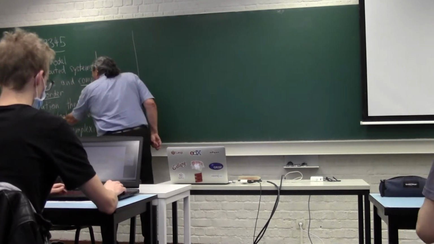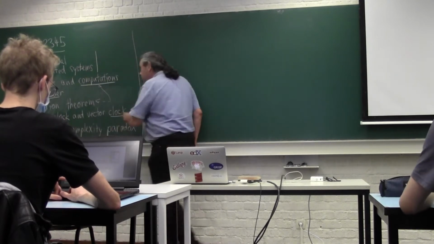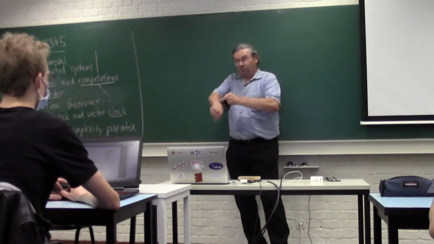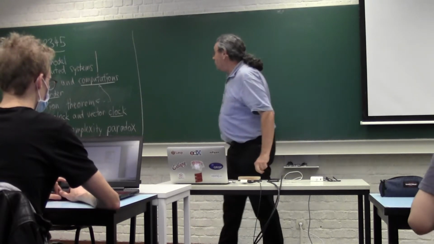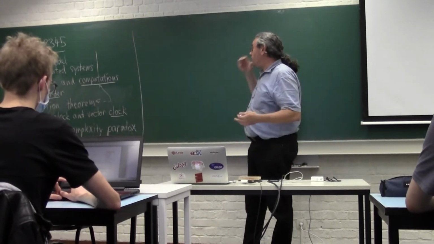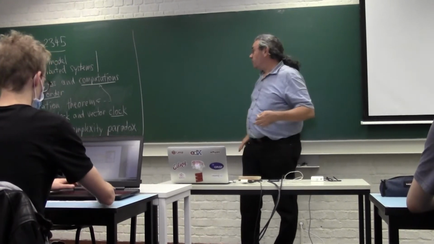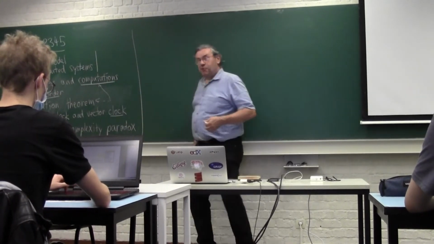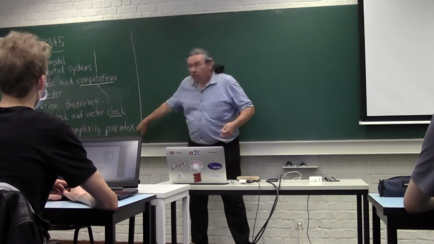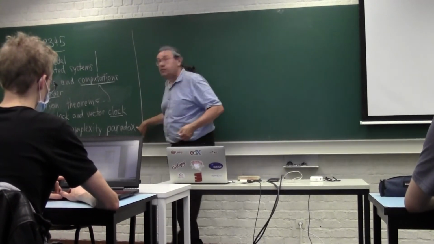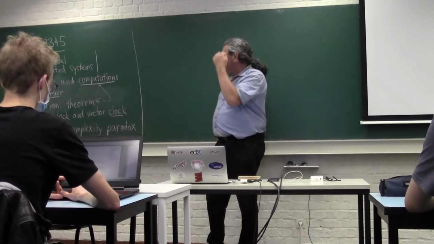We'll talk about clocks. So basically, clocks, it's not like a wristwatch or something. A clock is a way to count events in a distributed system and to determine causality. And if we have time, I'll talk to you about the complexity paradox. So we'll talk a little about complexity, which is the number of messages or events.